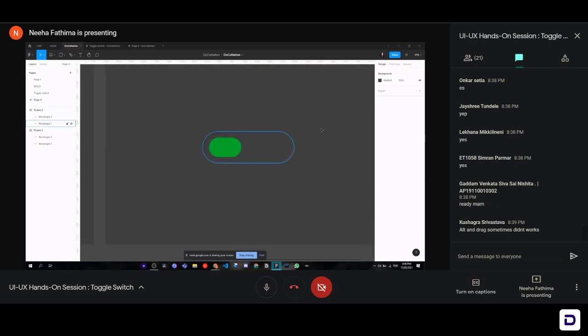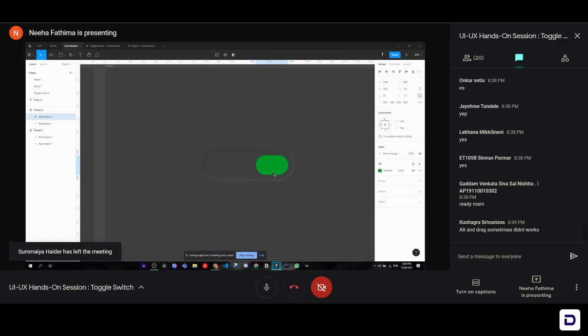Okay, now we'll be adding the effects to the green button. Let's quickly bring this to the right side. Because we want the animation to move from left to right, right? So we will move it to the left and add our little animations. Again, to add the animation, there's the same procedure, the same exact thing that we followed for the blue button, blue toggle switch. So now we will click on the button, go over to our properties panel and click on effects over here.